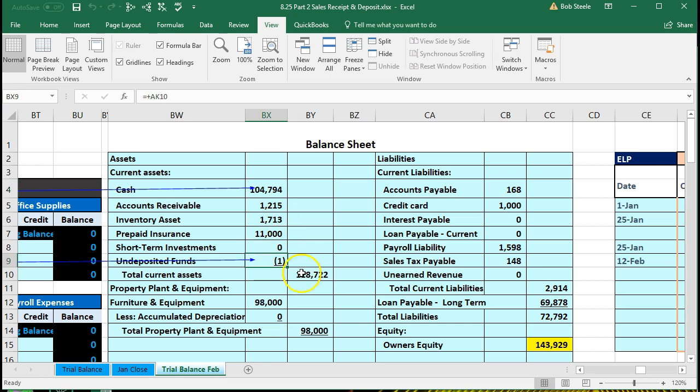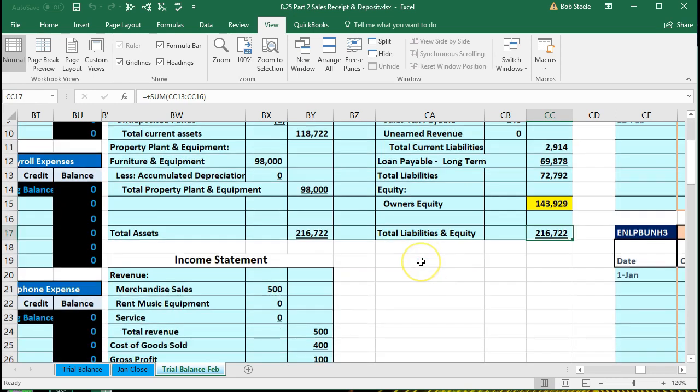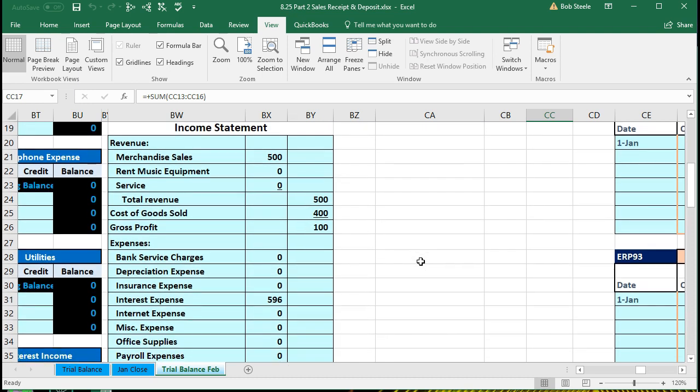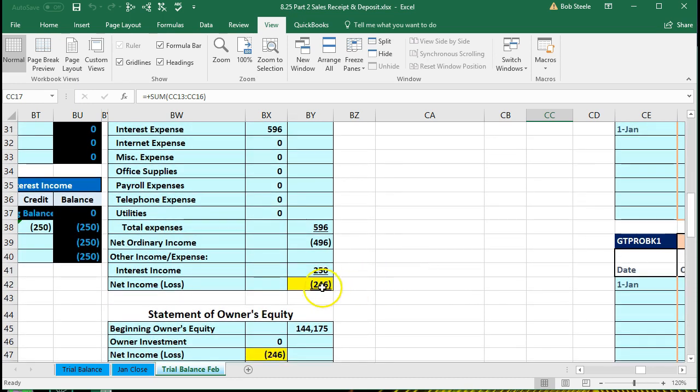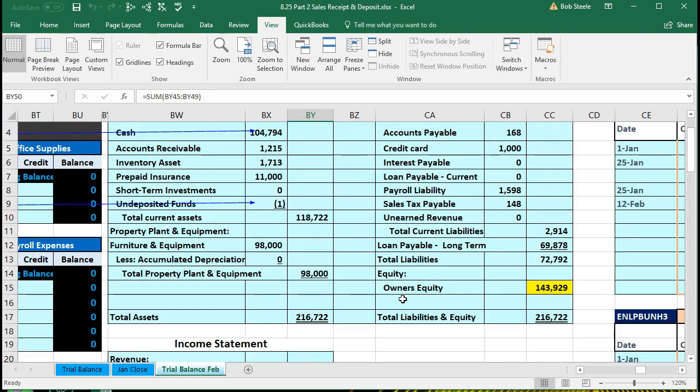Undeposited funds too. That sums up to the current assets, and the total assets equal the liabilities and equity. Still, there's no effect on the income statement from this transaction. There was in the prior transaction, but this transaction was just moving it from one cash account to another. And therefore, we have the same net loss of 243,246. That amount being part of the calculation in the statement of owner's equity, 143,929. That amount part of the balance sheet of